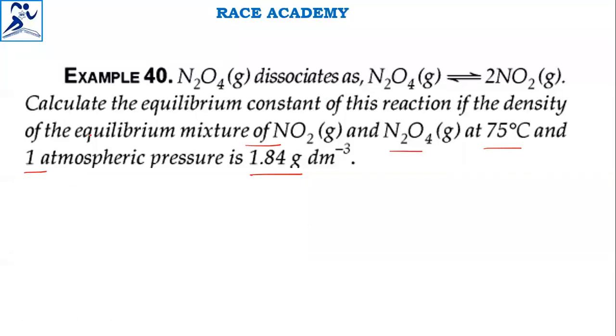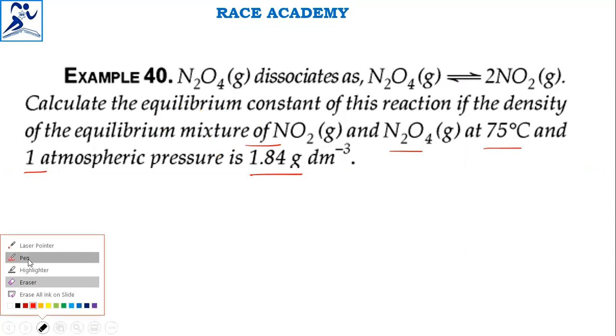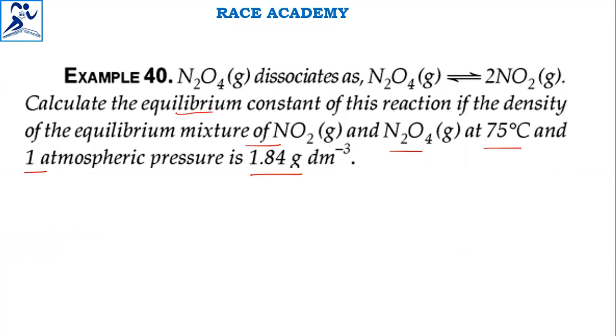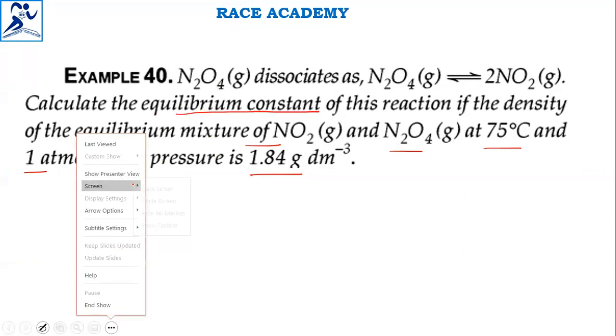The given question is very clear: we have to take the decomposition of nitrogen tetroxide equation using the densities and all these things. We have to calculate the equilibrium constant of this reaction by taking the density expressions. We will do it in this other screen. First, what they have given is the equilibrium equation, N2O4 in equilibrium with 2NO2.